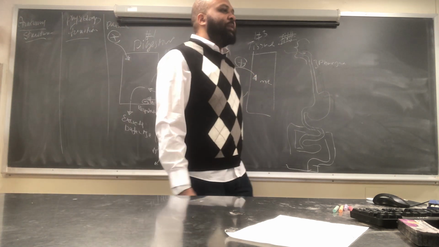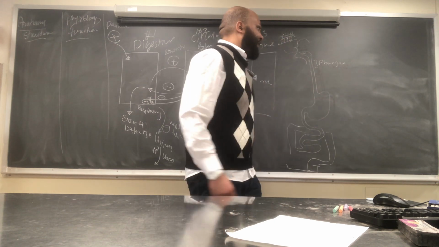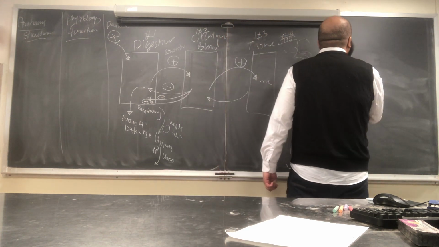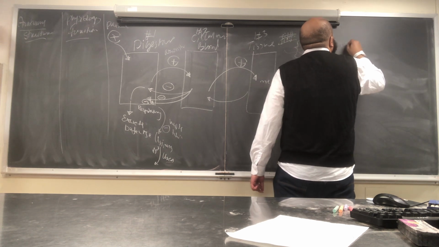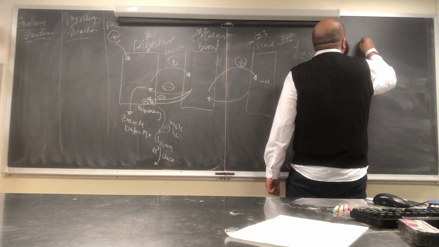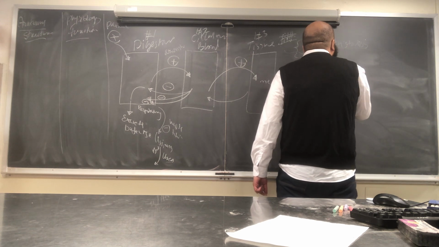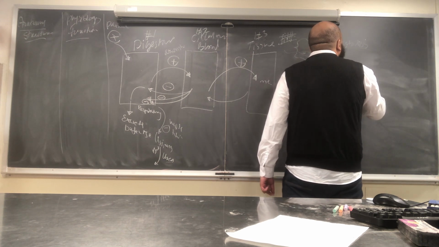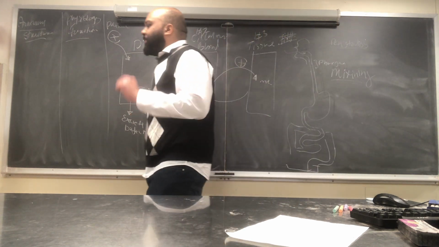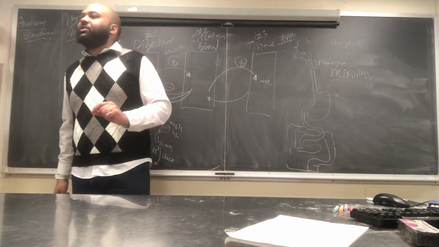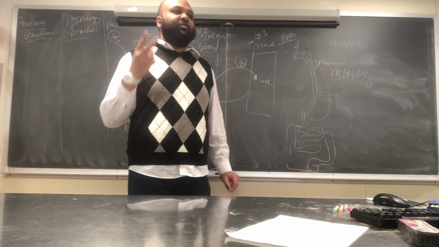What types of movements are found in our alimentary tract? We have two types of movements. The first movement is the peristalsis. And then we have another type of movement known as the mixing movement. At any time and any place in your alimentary tract, you have both kinds of movements happening.